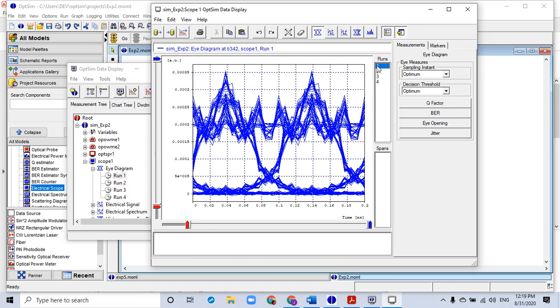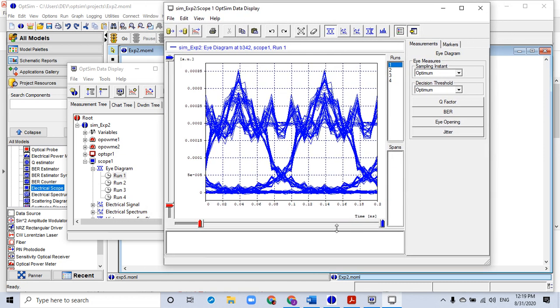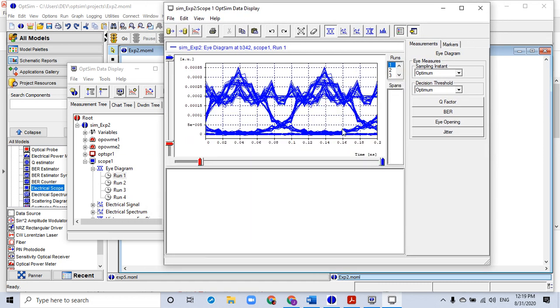Now, one more feature. Okay, first of all, let's measure the four parameters given over here. So first thing we need to measure is the quality factor for length of the fiber of 20 kilometer, right? So I click on quality factor, and the value is over here. It's 16 dB. The bit error rate is 6.8 e raised to minus 0.